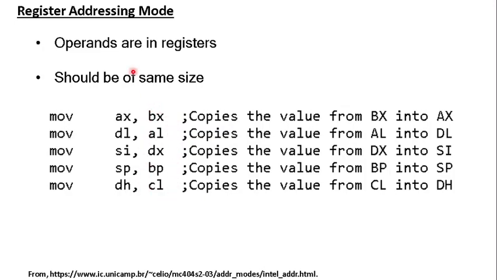Now coming to a register addressing mode, the operand or the source of the data are supposed to be registers. That is a specialty of register addressing mode. If you are remembering the syntax or format, this is the source of the operand, so all the sources are registers. One rule that you should remember while using register addressing mode is both the source and destination should be of identical sizes. If you are using a 16-bit register as source, you should have a 16-bit register as destination. If you see here, both are 8-bit, source as well as destination. So this is register addressing mode.